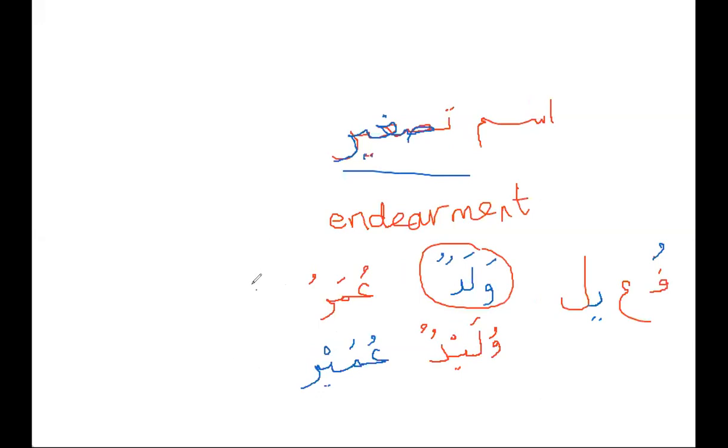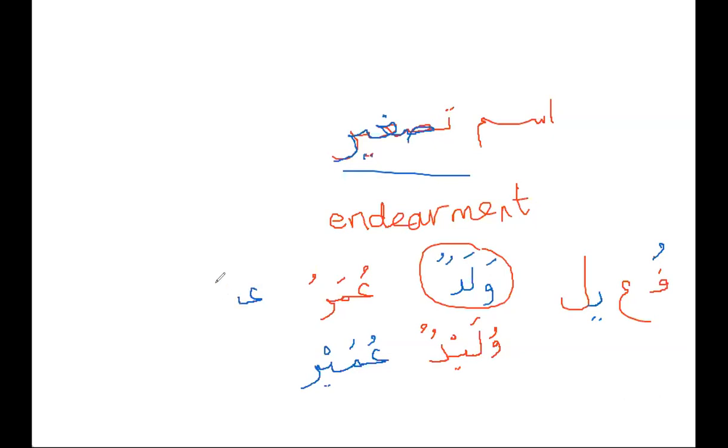Is Umar a name? It is. Umar is a name, and Umair is also a name. And incidentally, Sheikh Rabi', hafidhahullah, Sheikh Rabi' bin Hadi al-Madkhali, I think his grandfather's name is Umair. You see in his name, Rabi' ibn Hadi Umair al-Madkhali. I think Umair is his grandfather's name, but I may be mistaken.